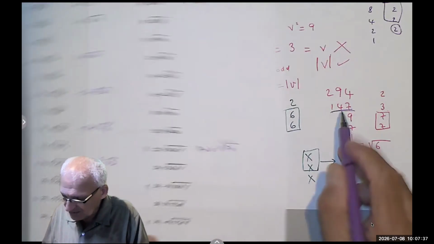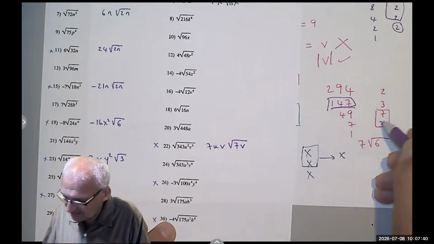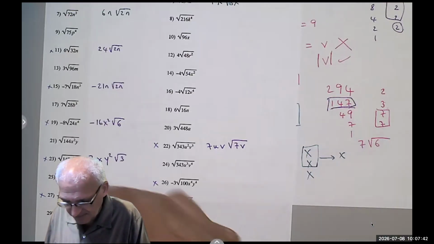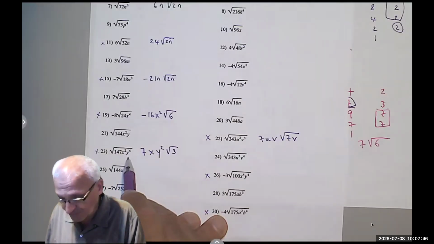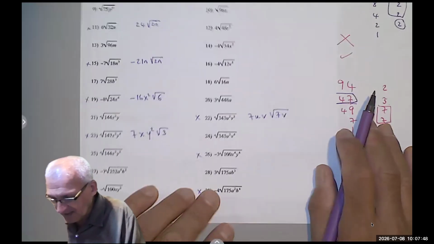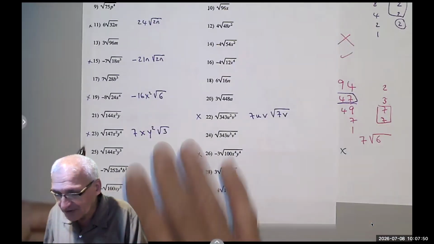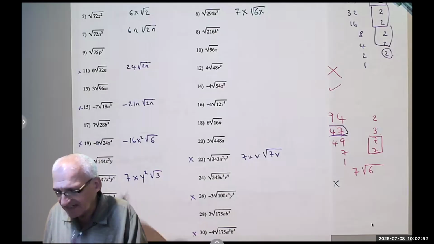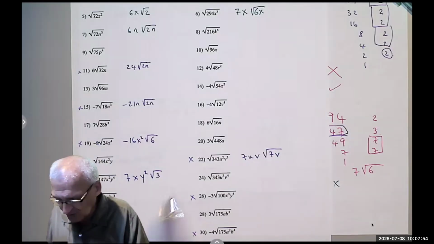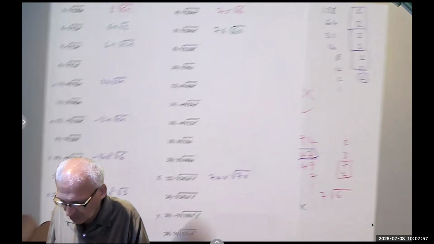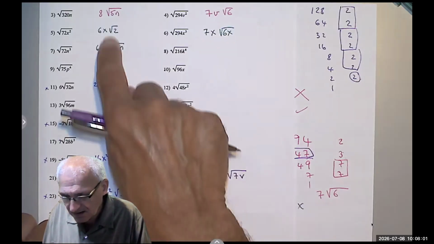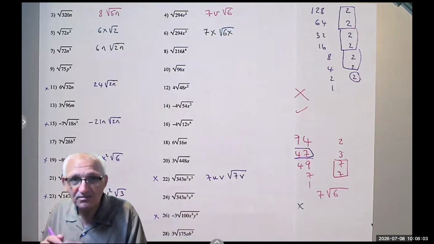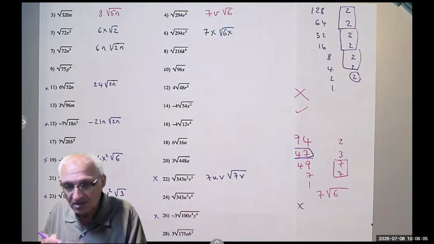Right? 147 is 7 root 3. 7 root 3, x squared is x, and the square root of y to the 4 is y squared. Again, if they didn't tell you these are positive variables, but I think you don't have to worry, or every time you see x or u or v or n, you have to put them between absolute value signs. But again,